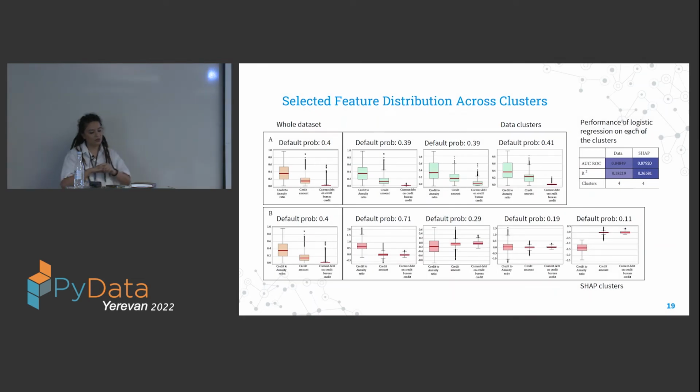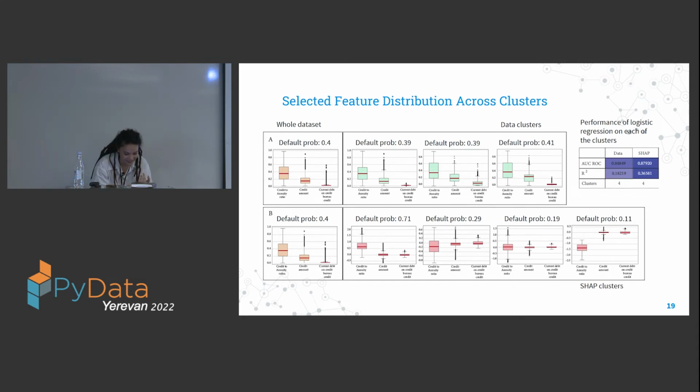Anyway, when this clustering was done, someone might ask a question: let's say you didn't do the clustering based on SHAP coefficients, but you did the clustering based on the data, why wouldn't clustering based on the data be as good as clustering based on SHAP coefficients? That's why I also did clustering based on the data, to show that it's not as good as clustering based on SHAP coefficients in this case. And so in this figure, we can see that